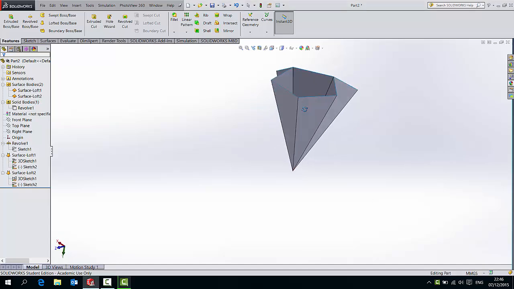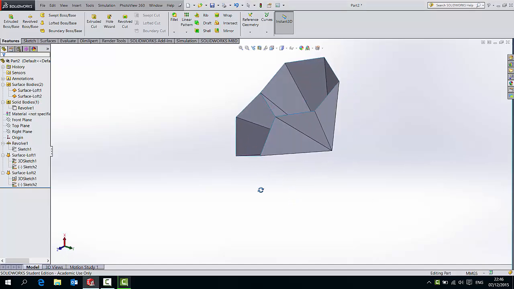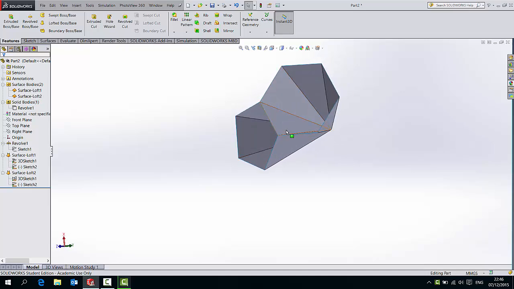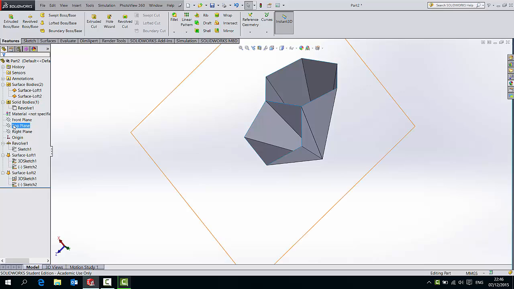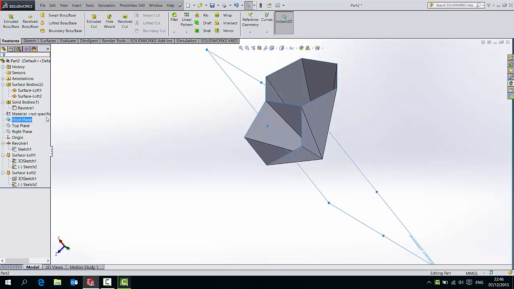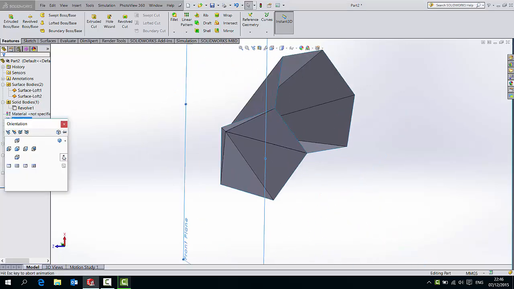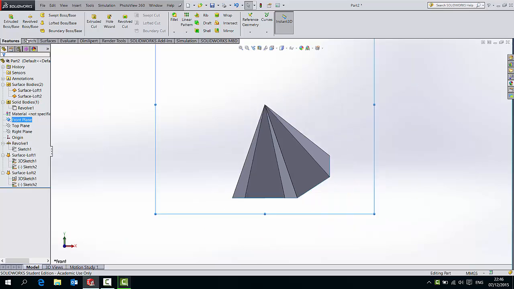So at this point we have the ratio set up. This is the ratio that the pentagon and the hexagon will be, and you can see them vanishing and scaling down to infinity at that point. So what we can do is pick a suitable plane, let's say the front plane, and we can draw a